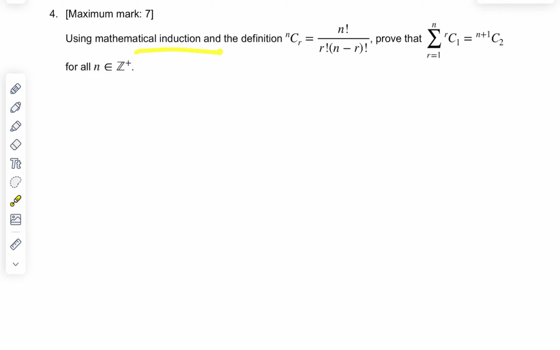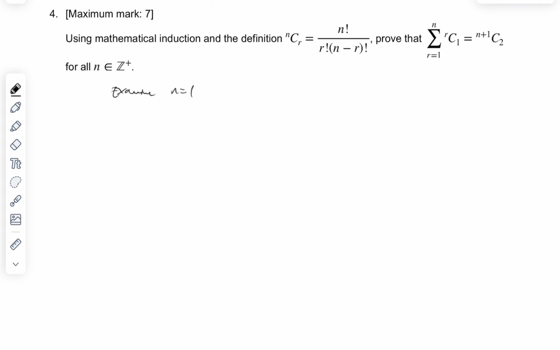Oh, it's an induction question. It says use the definition, so we expect to use that somewhere through it, but the proof we have to do is that this is equal to this for all positive integer n's. So let's examine